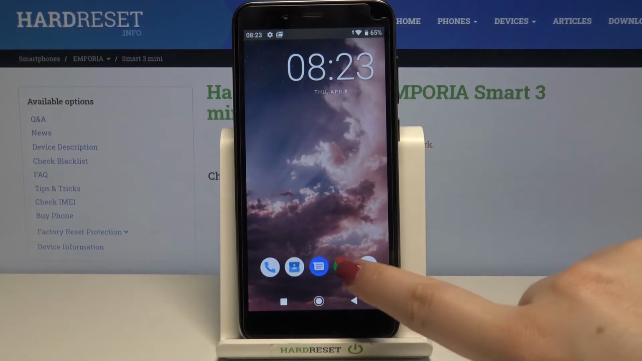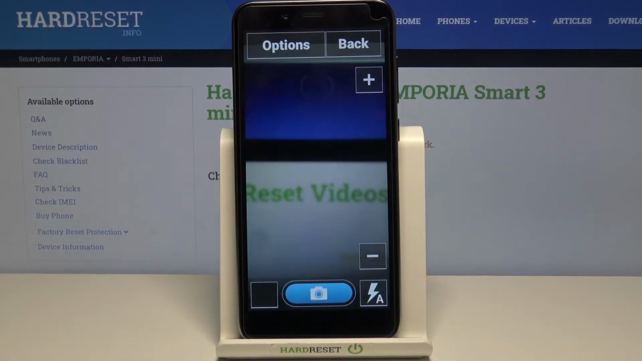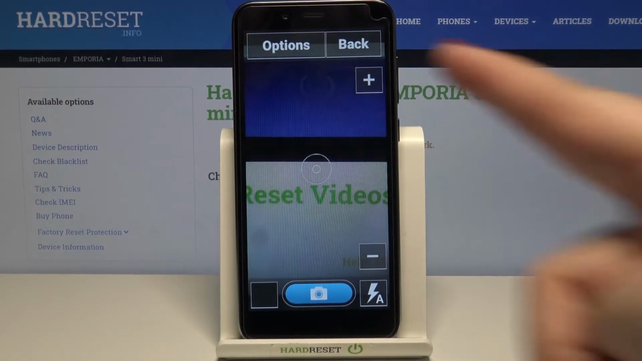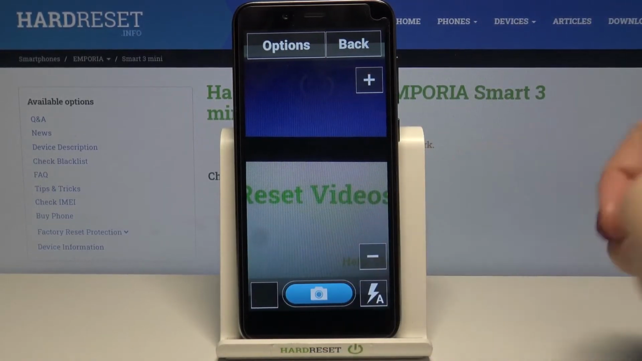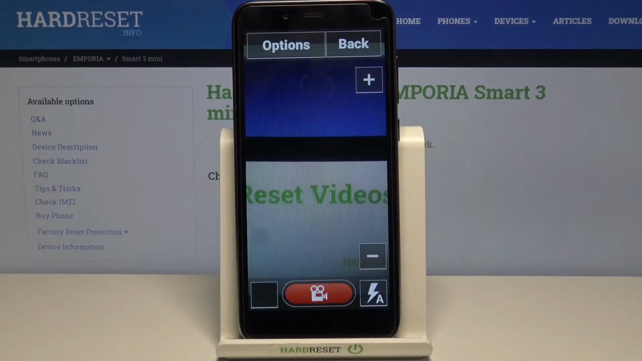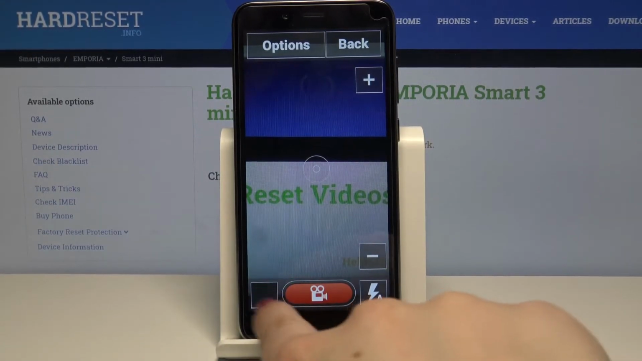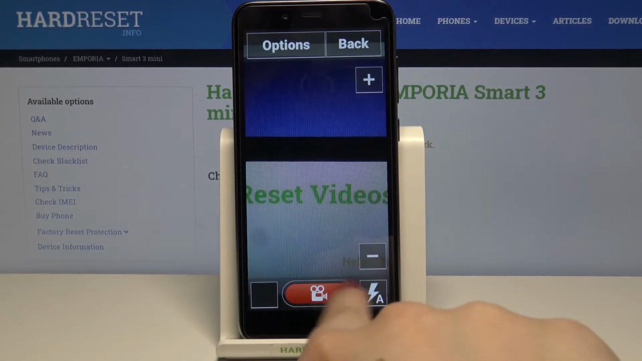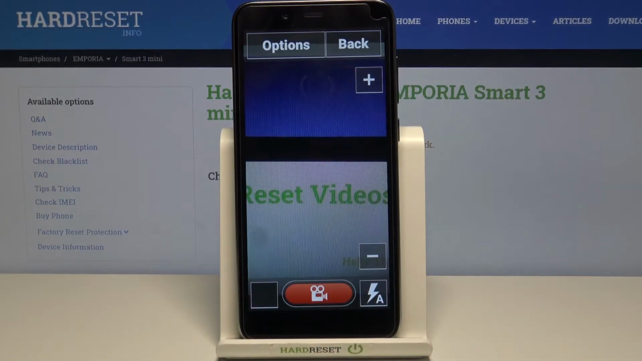So firstly we have to enter the camera app, so let's tap on it, and right now we have to tap on the options in order to switch the mode to the video mode. So let's tap on the options, and on the second position we've got video mode, so let's tap on it. Since you can see this red oval inside the shutter button and the camera icon, then we can tap on